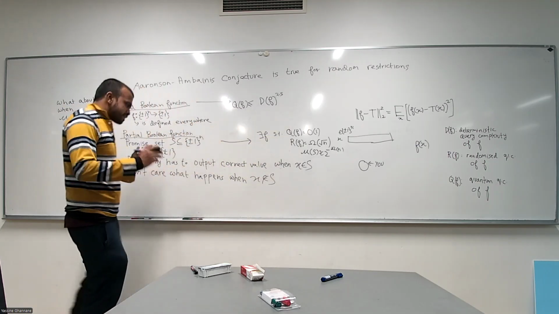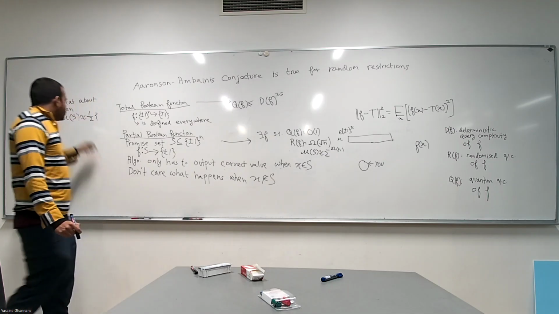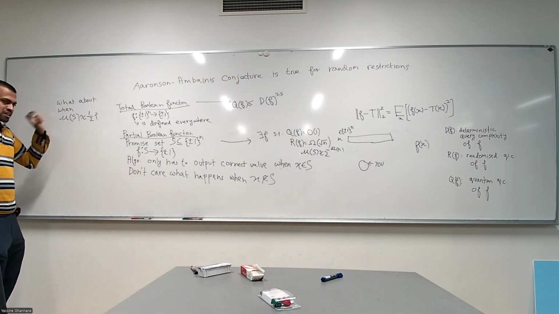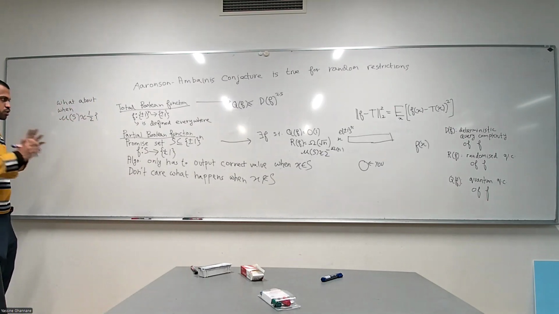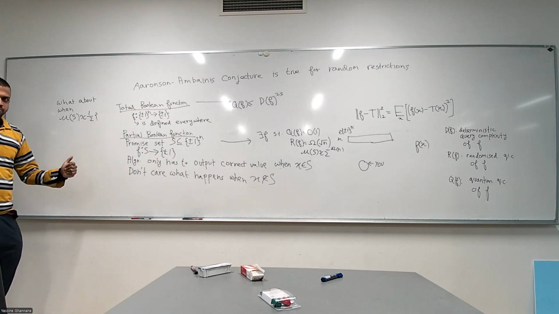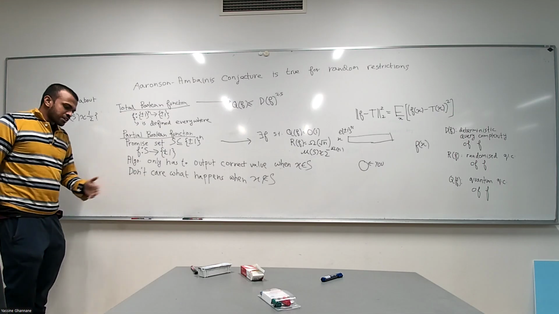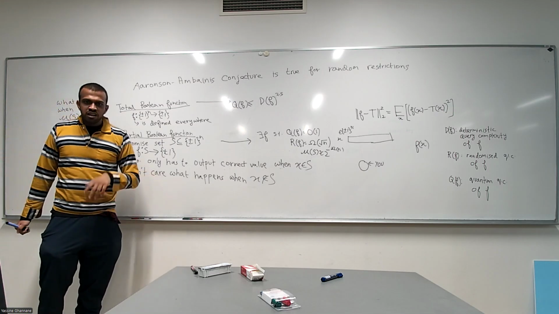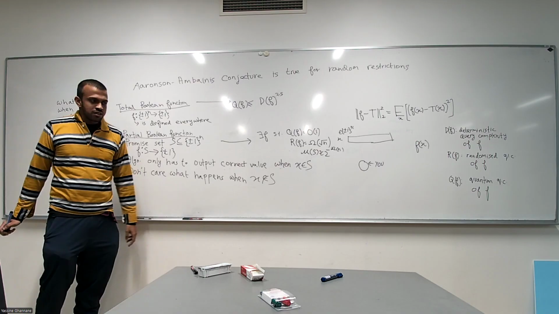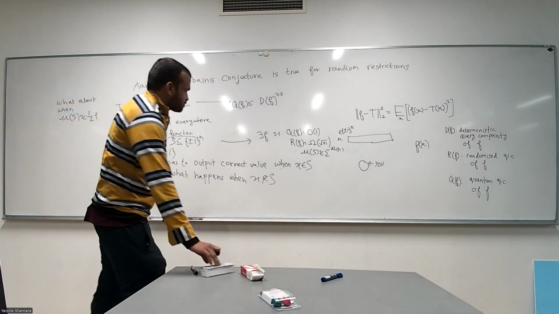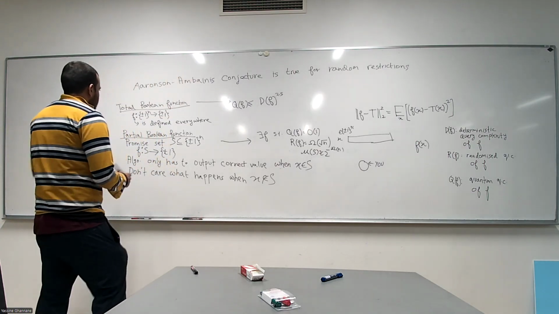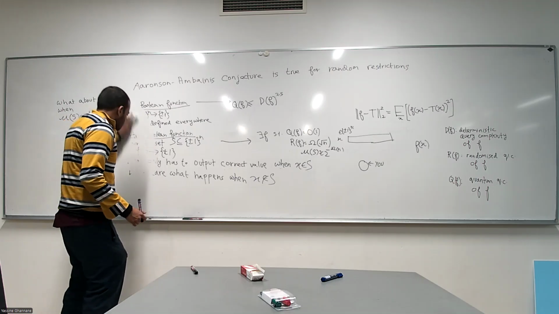So now we ask the next possible question. Can we approximate the behavior of the quantum query algorithm on most of the set S? And let's now forget that this quantum query algorithm was computing a partial Boolean function. This is what we want to ask. Okay, let's erase this.